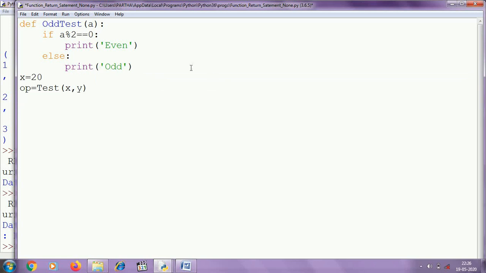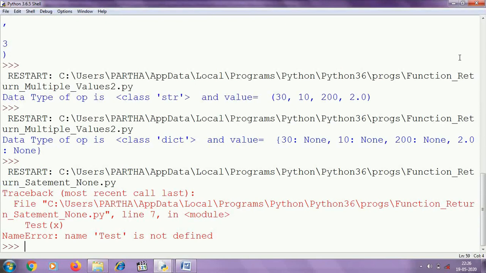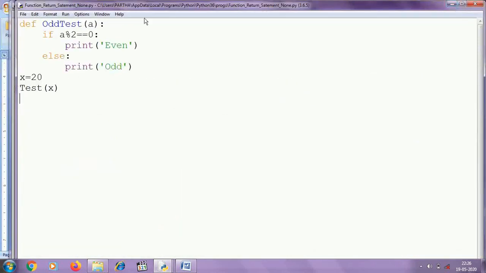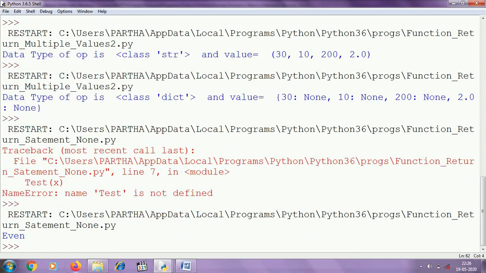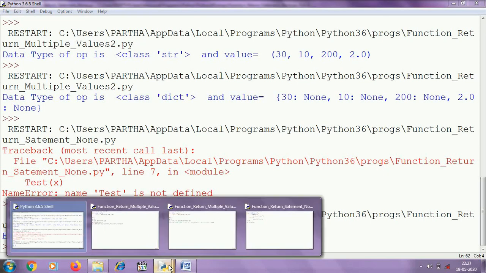So in this case it is better to not return any value because I am going to check whether 20 is even or odd. Let's see what will be the output. Okay, there is an error. Oh, here I have to write odd_test. As 20 is even, the output is even.